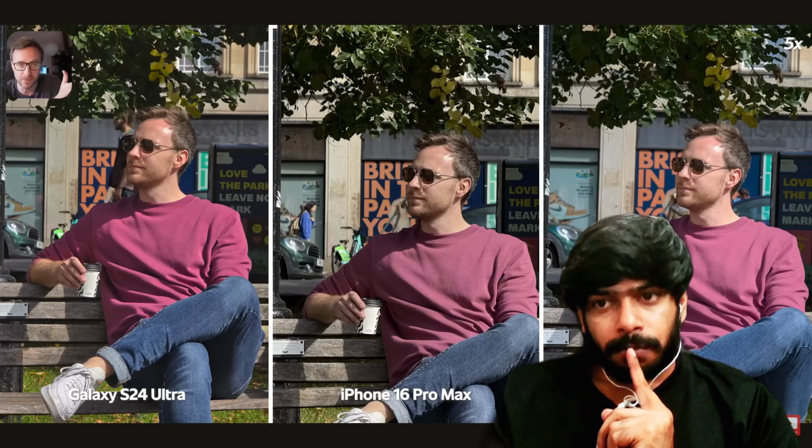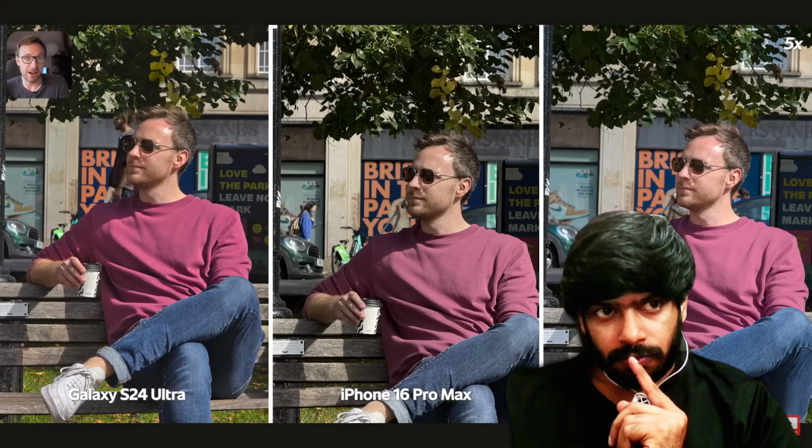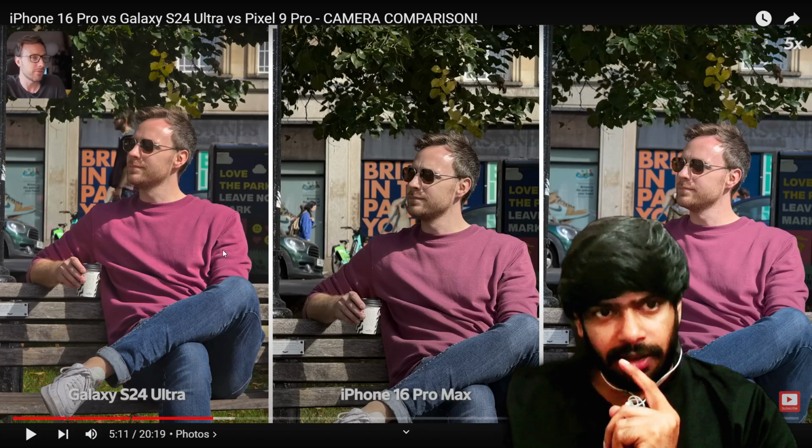The Samsung, consistently, what we've seen so far, is a lot more vibrant. The iPhone looks kind of dark and muted, and I have to say I've never been that impressed by the iPhone's telephoto camera, and I think the Pixel offers a kind of